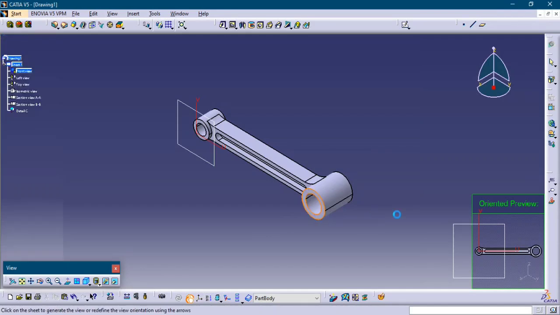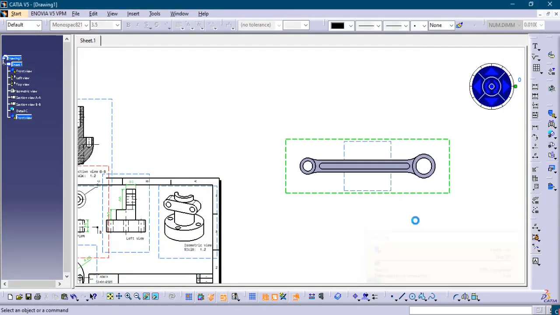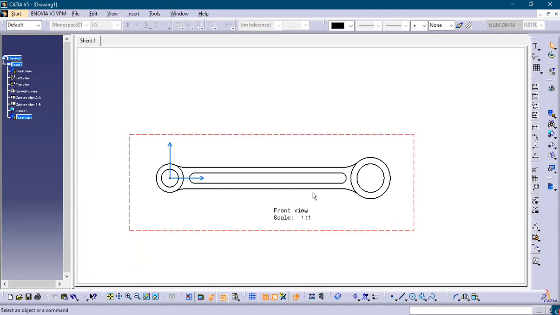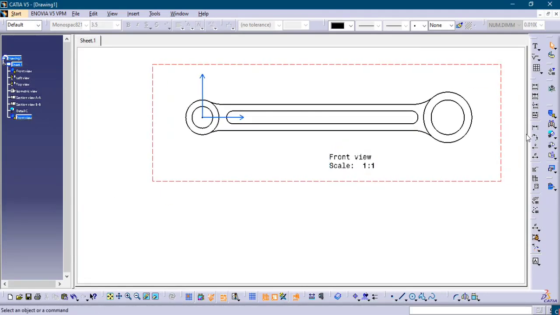See, the front view is generated here. If it is too long, it is impossible to project this front view on an A4 sheet. That's why the mid portion is the same. If I cut the mid portion with a symbol, it will be easy to project on a drawing sheet. So for that I'm choosing this